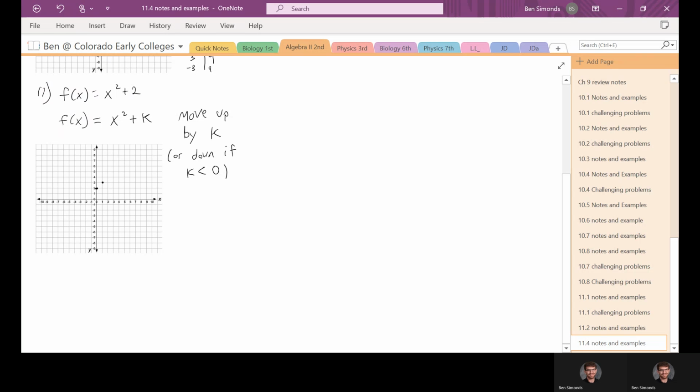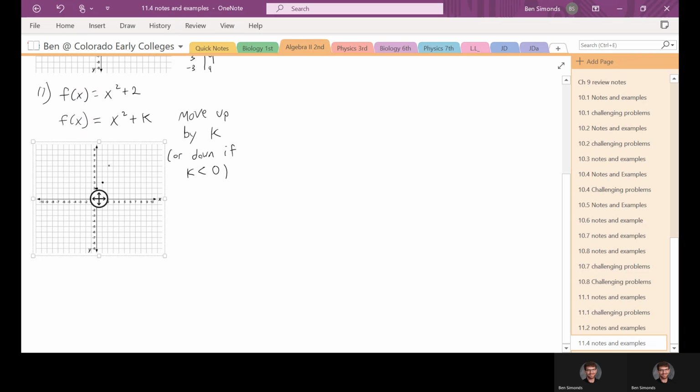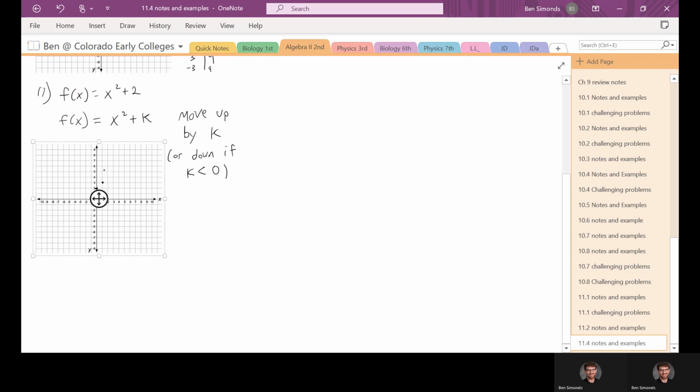We were at 2, 4, so we move up to 2, 6. I was worried that graphing on this tablet would be a pain. It's not letting me do anything. There we go. And then we had 3, 9, so we move up to 3, 11, which would be, here's 3, 10, so